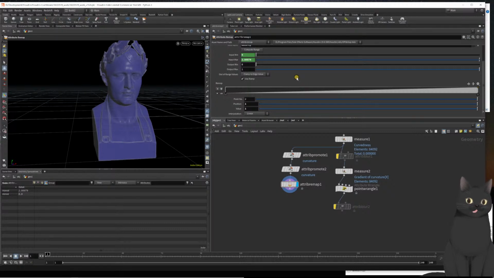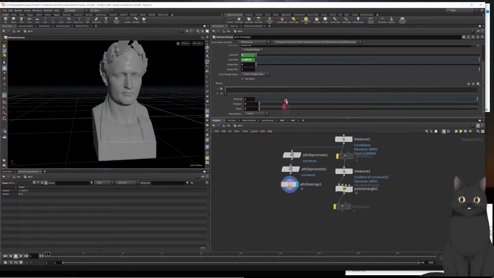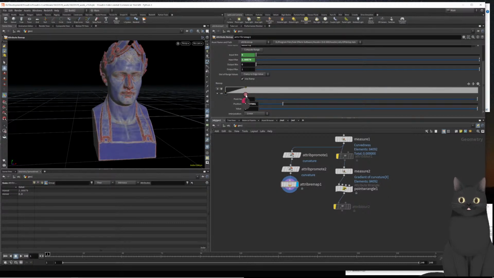Right, let's visualize the attrib remap, and down here I can influence how these values are being remapped using this ramp here. And what I want to set up is a rather tight ramp, something like maybe this, and also dial this back a bit. So we're having a really high contrast area here, and only those really strong edges having a value